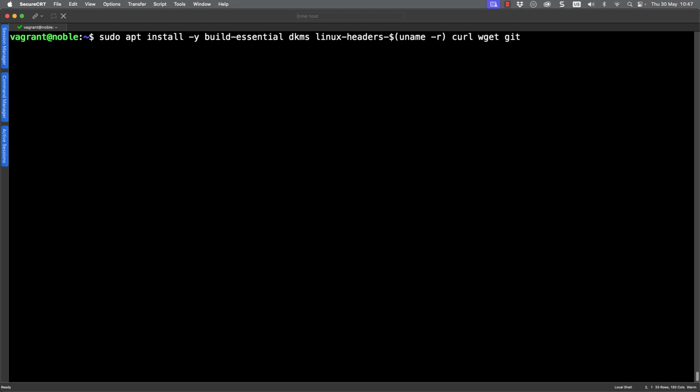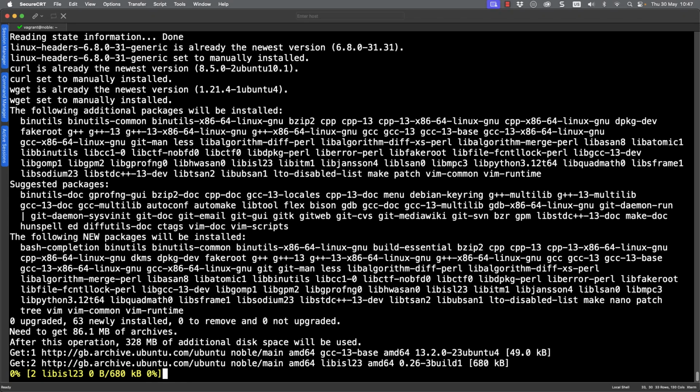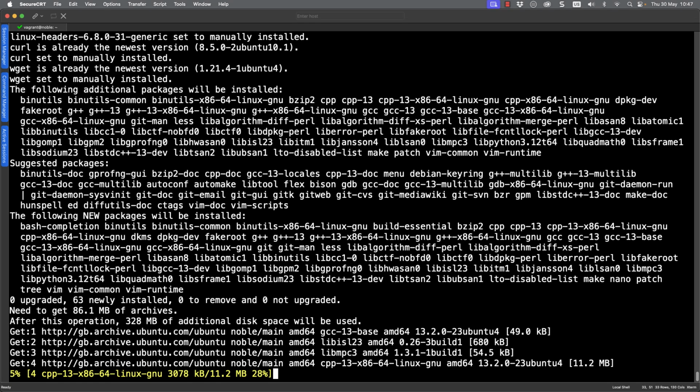If I go through now and start putting in some of the applications that I will want, so I want build-essential, I want the dynamic kernel modules, the Linux headers for the current kernel, one of the reasons why I wanted the reboot. But we'll put in wget, curl, git, vim, bash-completion, nano, and tree. Remember, this was a minimal installation. I certainly don't want too many packages, but I want things to be useful.